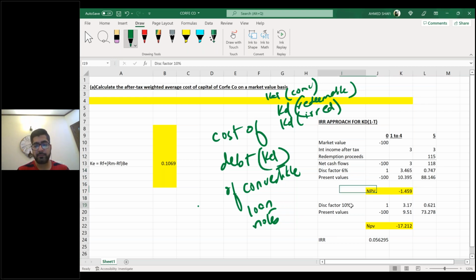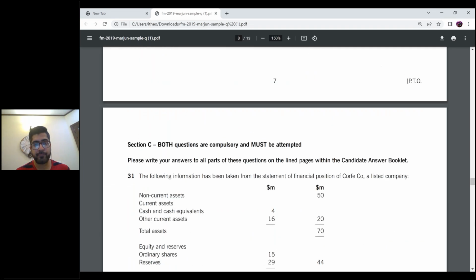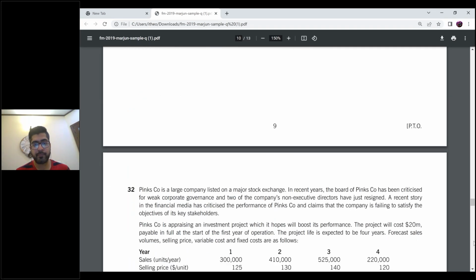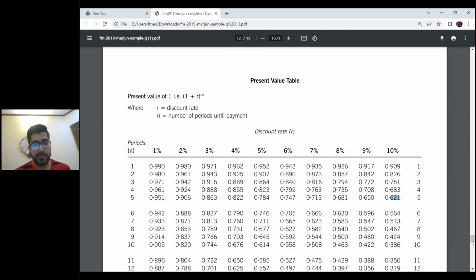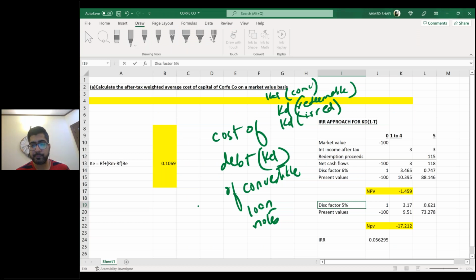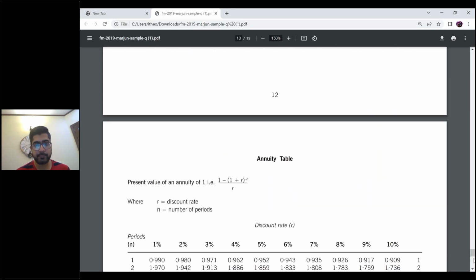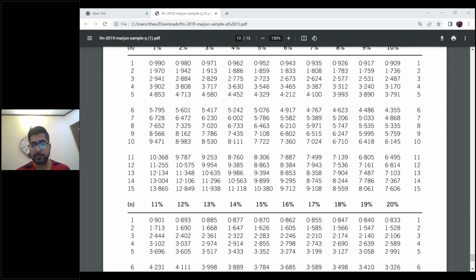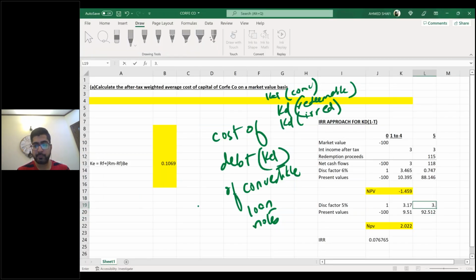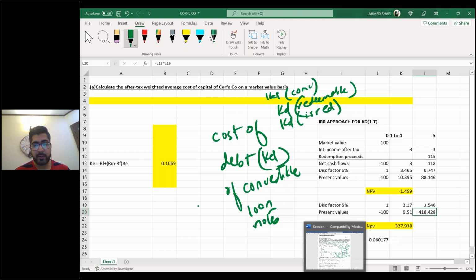Okay, now the other factor is 5%. I need to see the factors of 5% from the table. 5% year 5 is 0.784. And 5% for 4 years from the annuity table is 3.546. So, negative and positive NPV, put in the formula of IRR. So we are getting the IRR as approximately